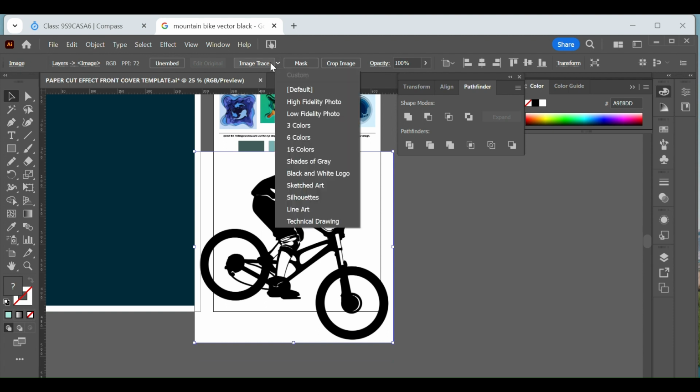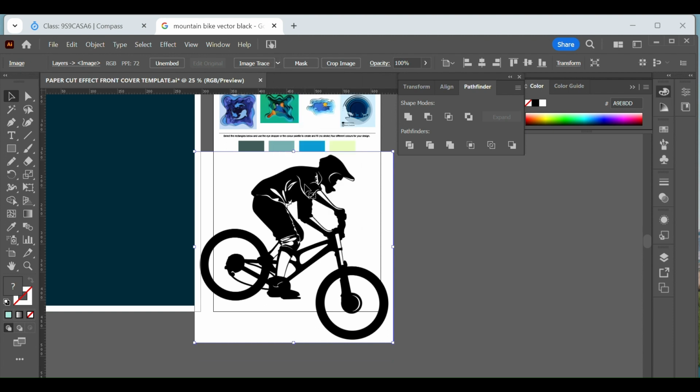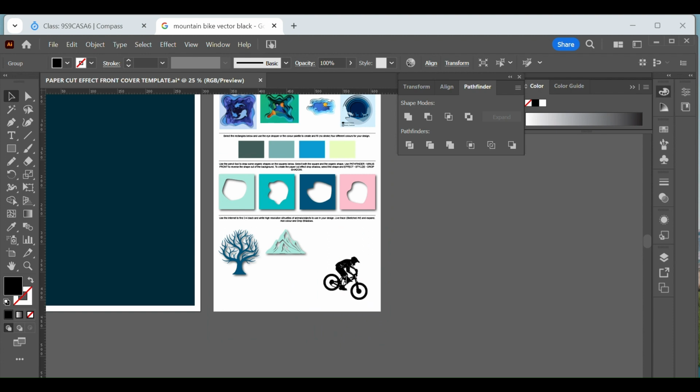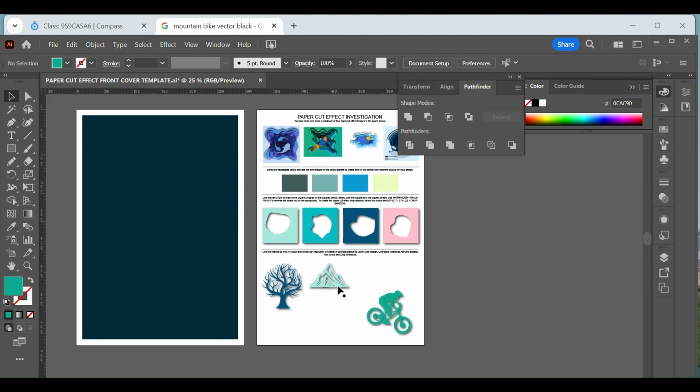Then I'm going to click on the little side arrow going down and click on sketched art. And then make sure I expand it to vectorize it. And then I'm going to scale it down and make it a different color. So you could make that white, black, whatever, and I'm going to add the drop shadow effect. Cool, so I've had a go of doing